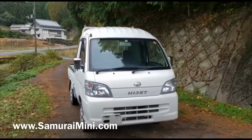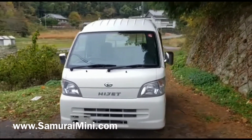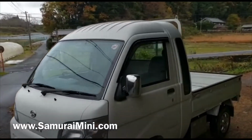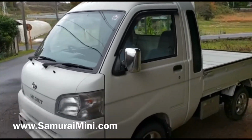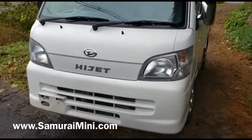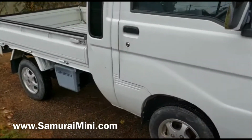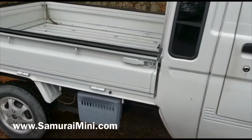I'm making a video of another Hijet. This one's a pretty snazzy one. You can see it's got chrome mirrors and a high roof. It's a jumbo cab, so it's got an extended cab at the back. This one's a 2009. It's got some little aftermarket alloy wheels, obviously makes it go faster, and it's pretty tidy